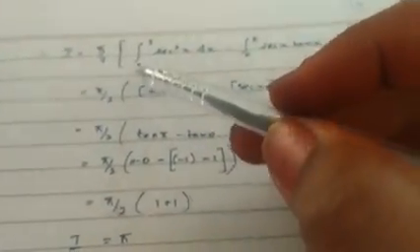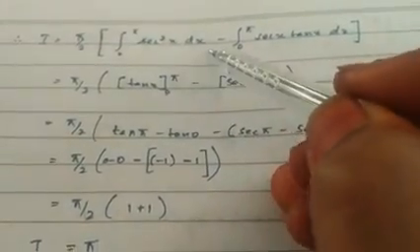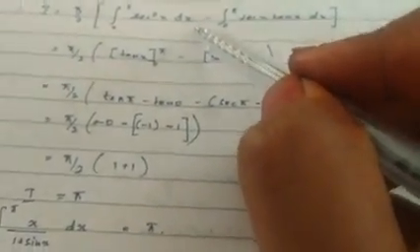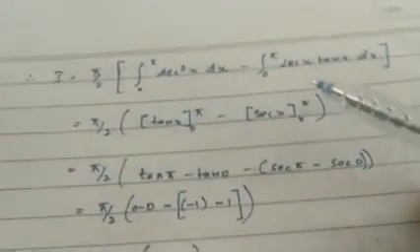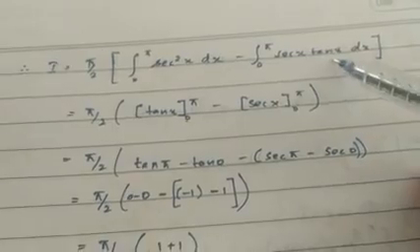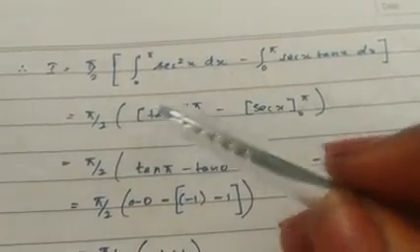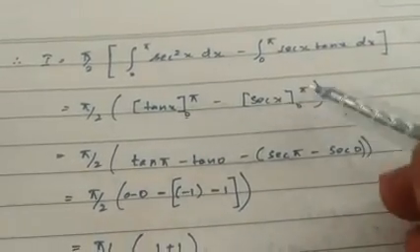So the first integral I equal to pi by 2 integral 0 to pi secant squared x dx. When we integrate integral 0 to pi dx divided by cos squared, that 1 by cos squared becomes secant squared x dx, and sin x by cos x we can write as tan x into secant x. Now integral of secant squared x is nothing but tan x, therefore from 0 to pi, minus, this is nothing but secant x, therefore 0 to pi.